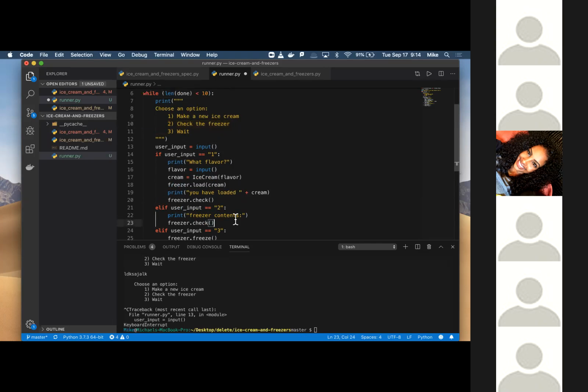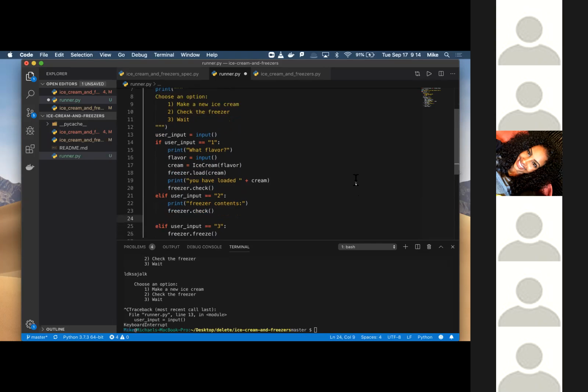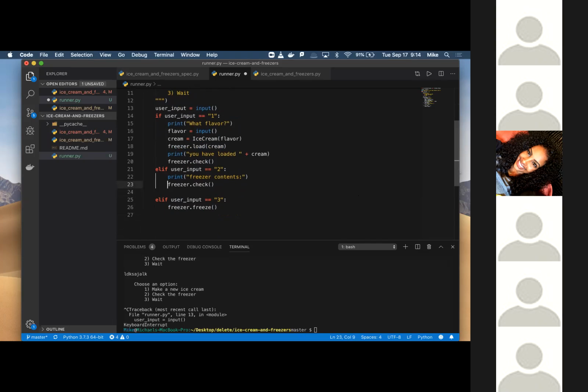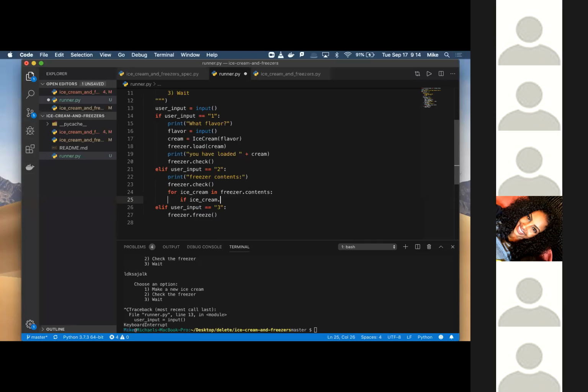So in freezer.check, for ice cream in freezer.contents, if get status is equal to ready,